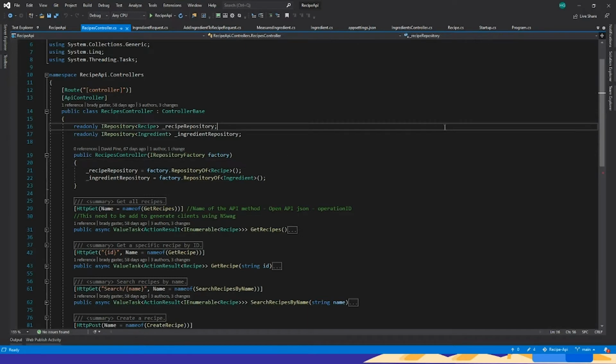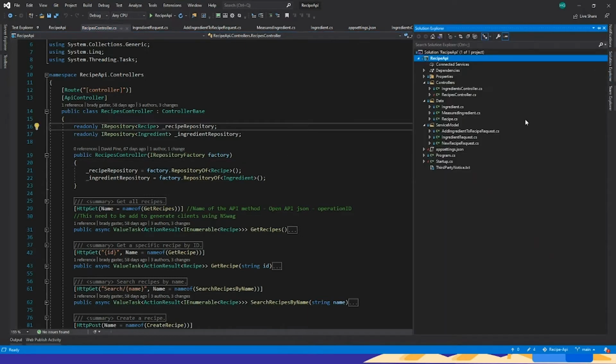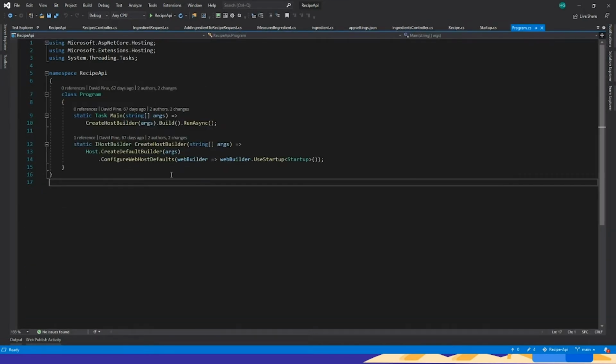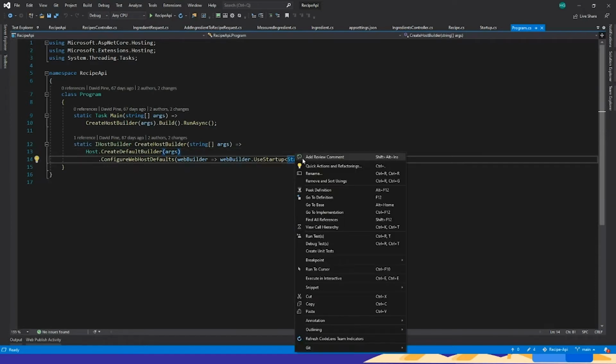Okay, so if we go into the heart of the program, it's the Program.cs. I will not go into depth, just the new features in .NET 5 and how we have integrated the Swagger. Those things will be discussed here. So if we go to the Startup class,